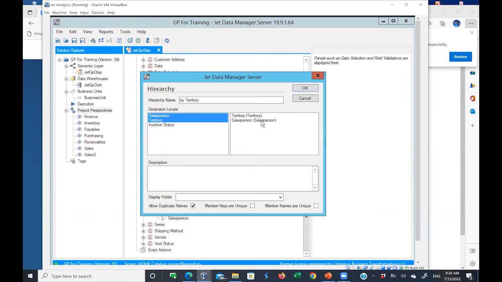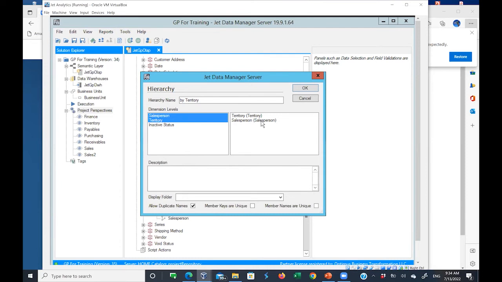In other words, drill down, right? Grouping or drill down. So the hierarchy provides the ability for you to create the drilling down processes for your